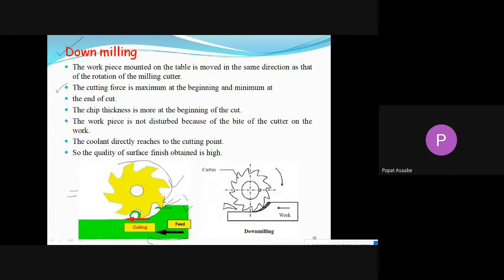Okay, again it is very simple. You have to remember that in down milling, the rotary direction of your cutter and the feeding direction of your workpiece are both the same. It means in this manner your cutter is rotating, and in this direction also we are feeding the workpiece. That time you can call it down milling. And during down milling, the cutter does not pick up the workpiece in the upward direction. The cutter is pushing the workpiece in the downward direction. Okay, this is about down milling.